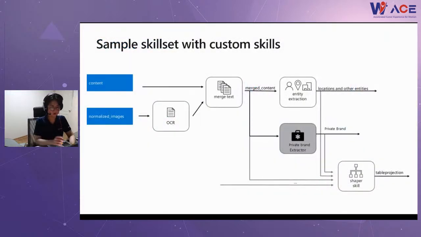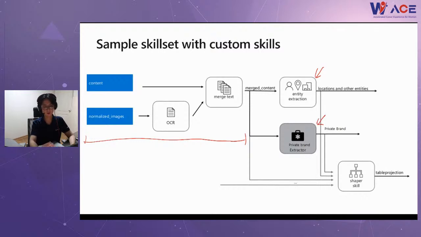Let's see how it works. This part is the same as when you use the pre-built skills. The way you use a custom skill is exactly the same as how you use your cognitive skills. You just add your custom skill into your skill set and run this module. But the thing is you need to implement this extractor, this custom module.